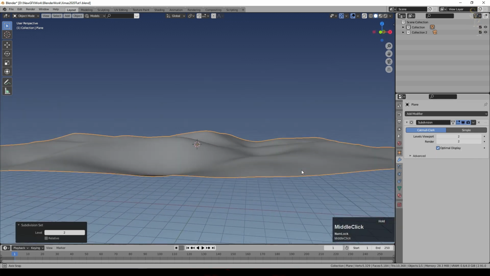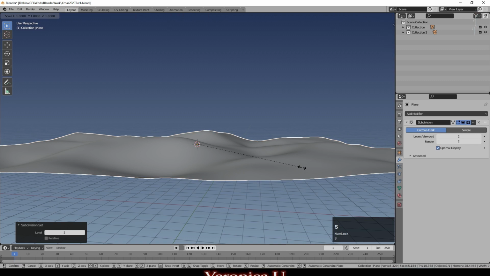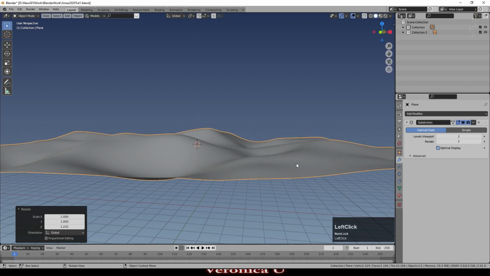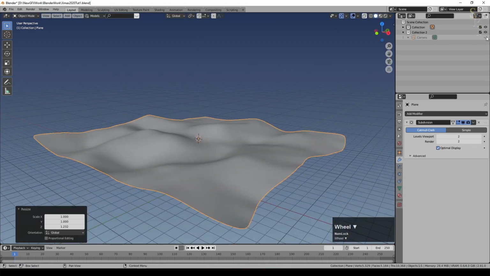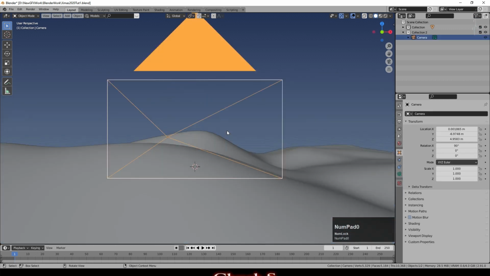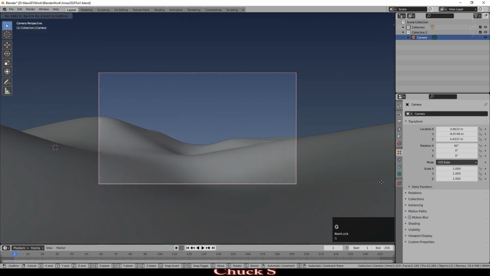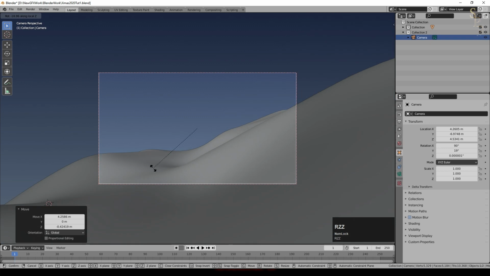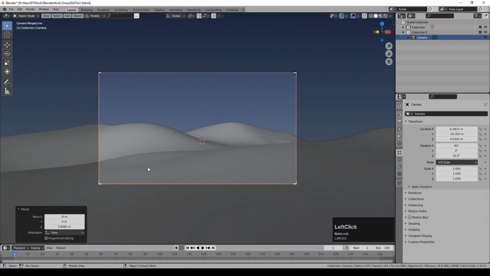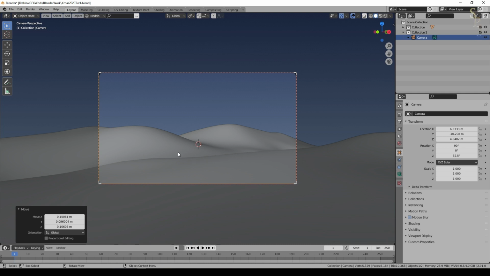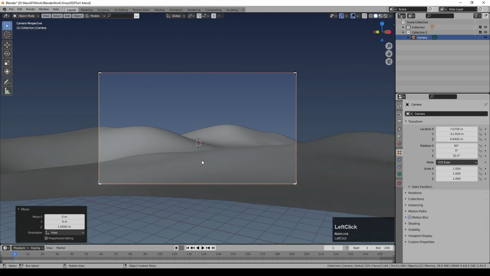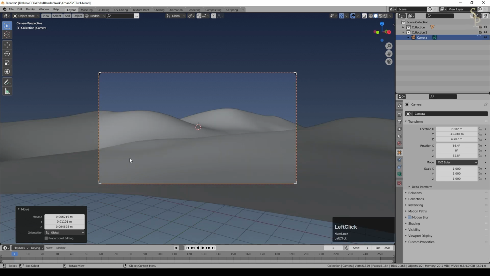So you can see we've got our landscape. If we want to, we can scale on the Z just to increase the lumps and bumps a little bit. If I now turn my camera on, you can see where that is. And we can push this around and get something a bit more interesting. It's good to have different levels. So you want one at the front, one in the middle, one at the back. But also, because we want to see our message, we want a slope that's right in front of the camera, really. So this one here should do that.